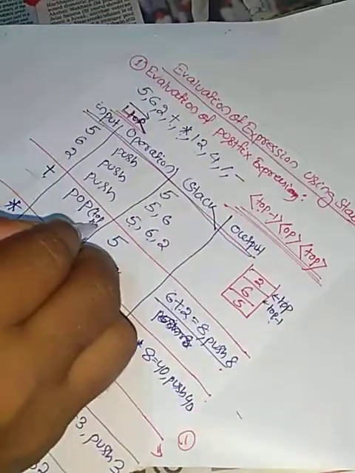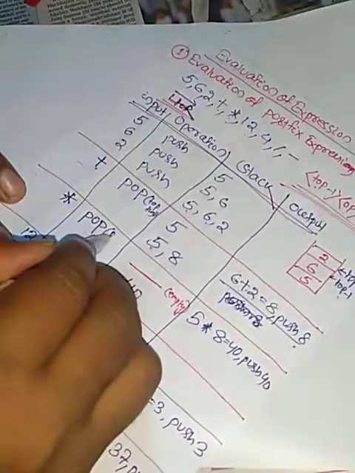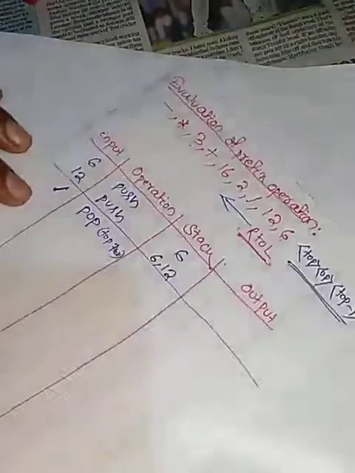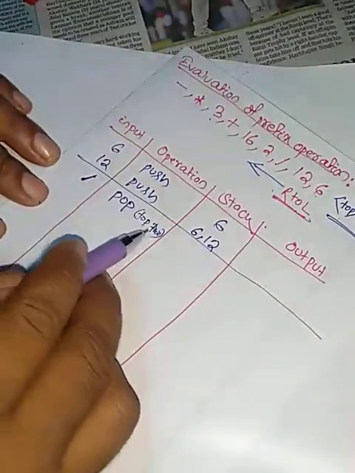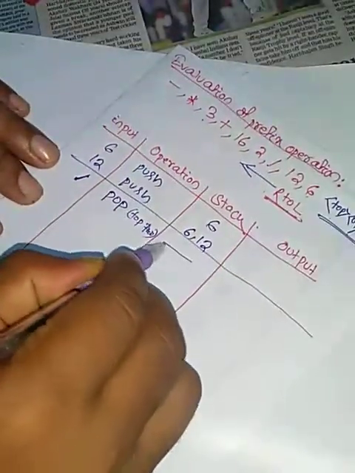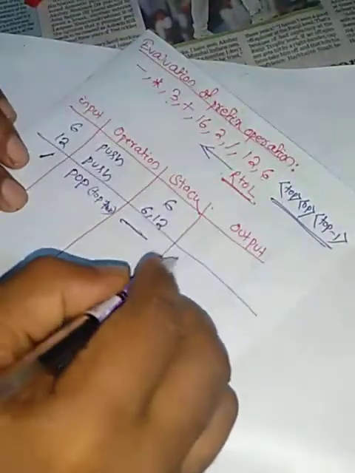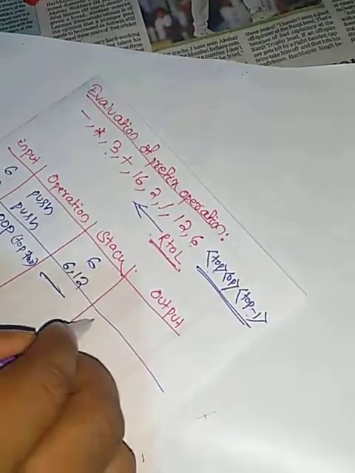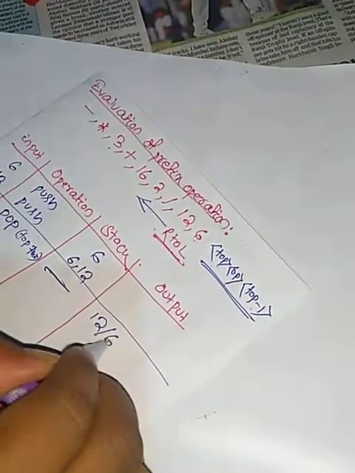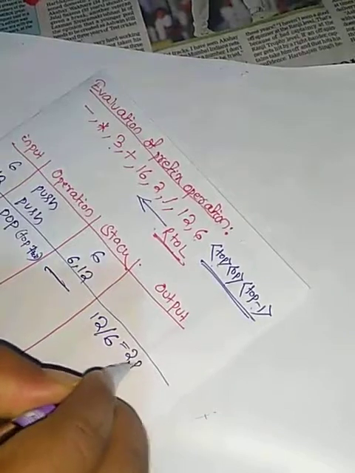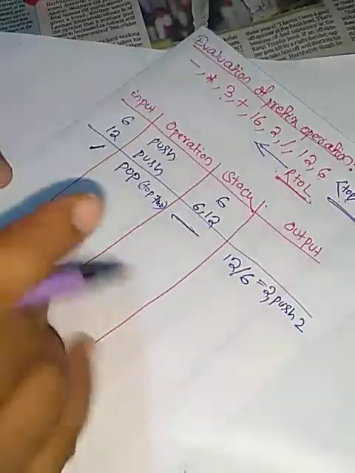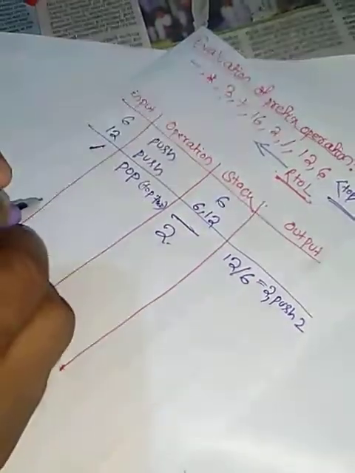We can write here pop top 2. So we'll pop top two elements and hence the stack is empty now. And the operation we will perform is top operator top minus 1. What is there on top? 12. 12 by 6 and the result is equal to 2. Then push 2. Okay. So we'll push 2. So after pushing 2, the result on the stack is now 2.